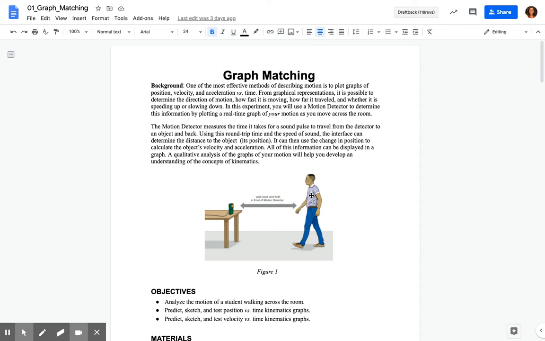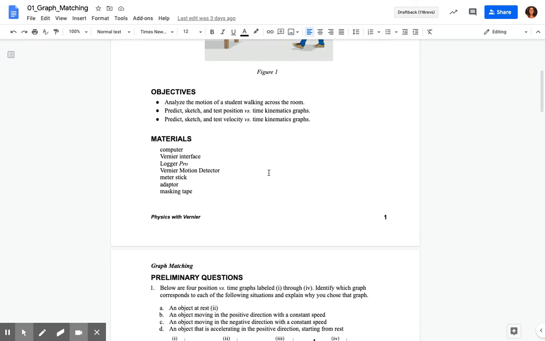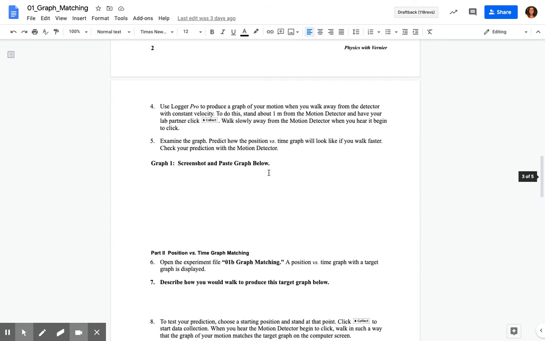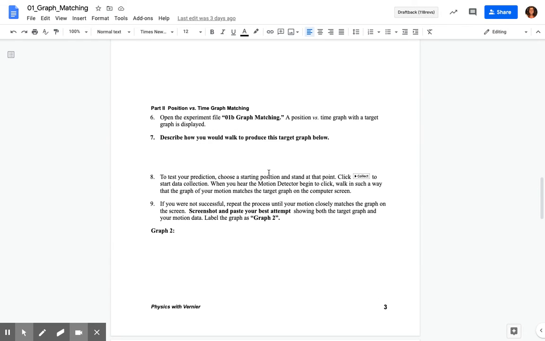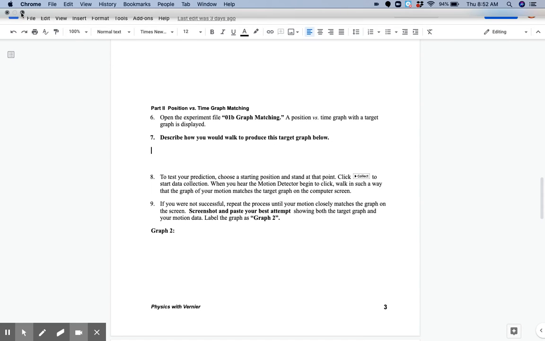Again, if you have any questions, I am available via email. So we're going to finish up the graphing match activity today. I believe that we are all on step number 7. So in Logger Pro, what we'll see on our screen